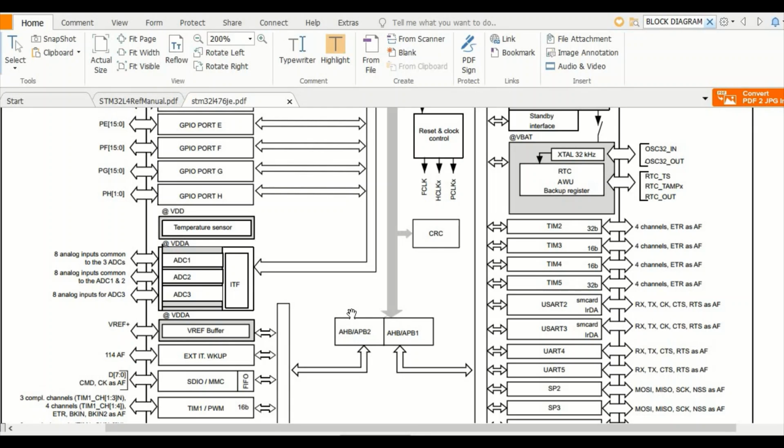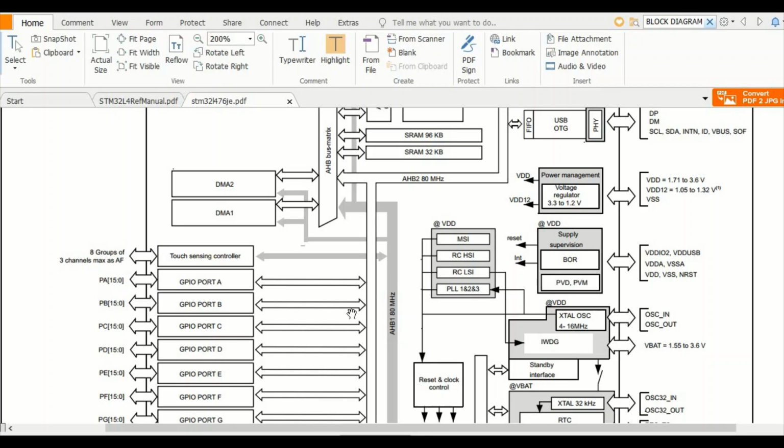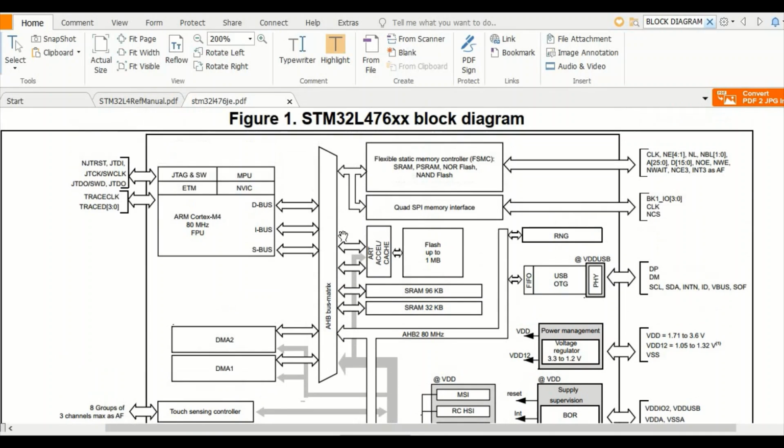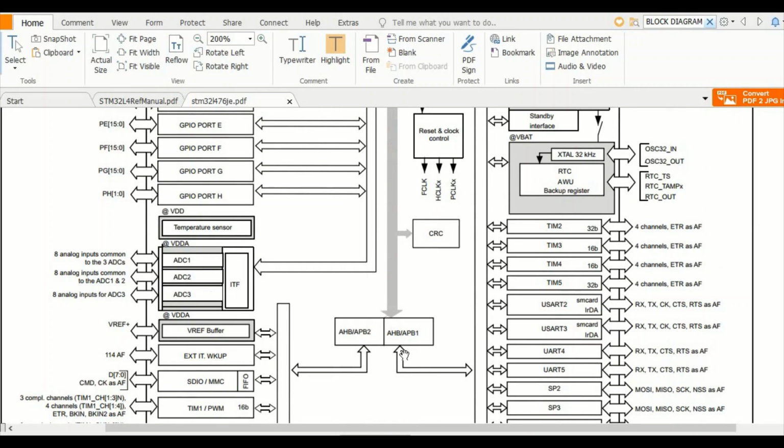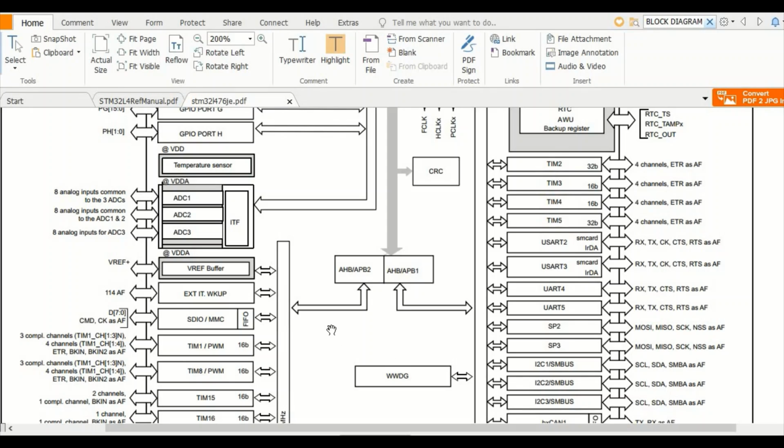This clock is the AHB clock. This is the AHB matrix and it is the AHB clock which will give clock to these peripherals.